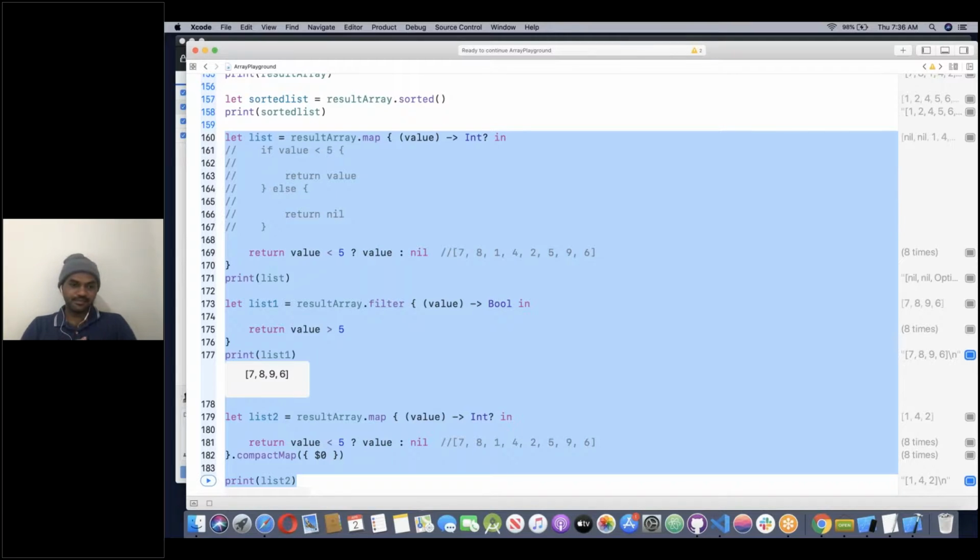Okay. Sir, map is... Yeah. Map is nothing but, if you want to perform the same operation on each and every element of that array, then we can go with map also. Yeah, it's possible. But see, why I introduced it later